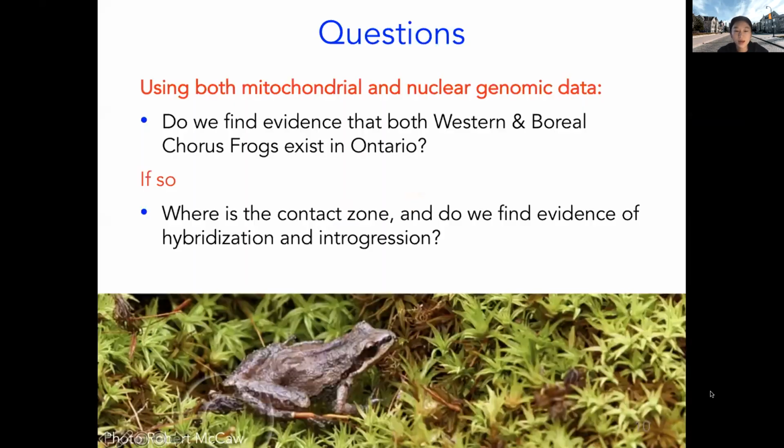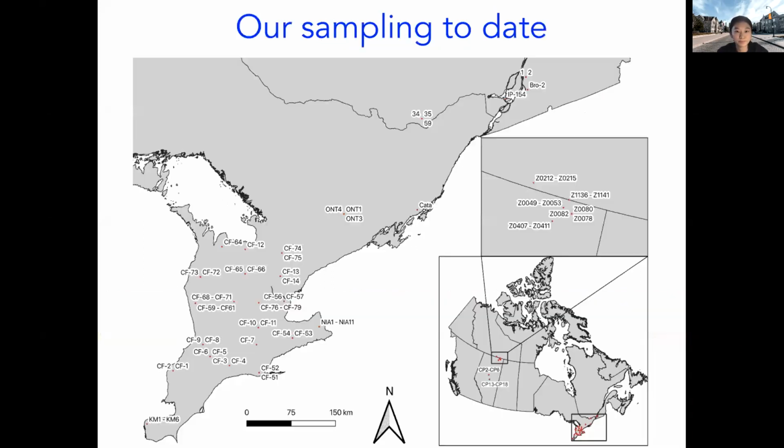Canada. So the questions we are trying to address are: do we find evidence that both Western and boreal chorus frogs exist in Ontario using both mitochondrial and nuclear data? And if so, where is the contact zone? And do we find evidence of hybridization and introgression? So our sampling to date includes over 100 frogs across Canada. We have many samples from Ontario, Quebec, Northwest Territories, Alberta, and thanks to all the collaborators